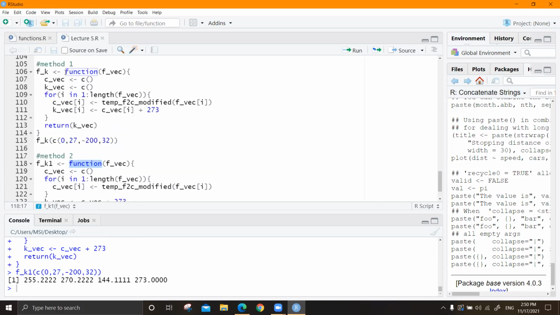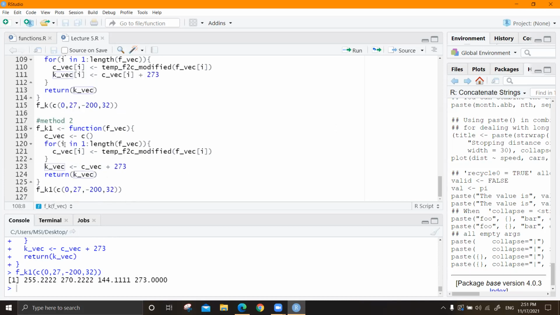When you're storing something, you have to predefine it, right? Either a vector or a data frame or whatever it is. You have to predefine it if you allocate memory space. Can you see the two differences here and here? Be mindful about the brackets, because in case if this is,